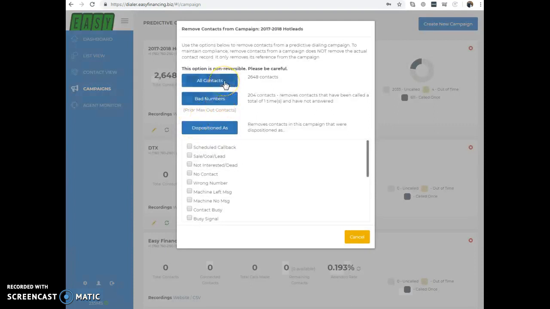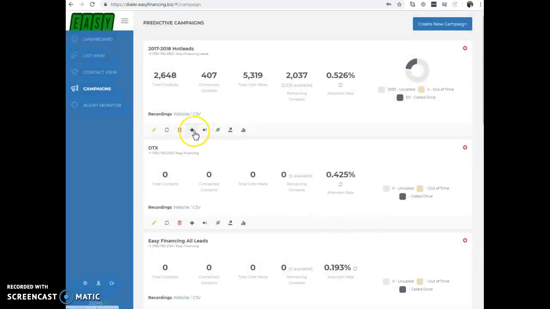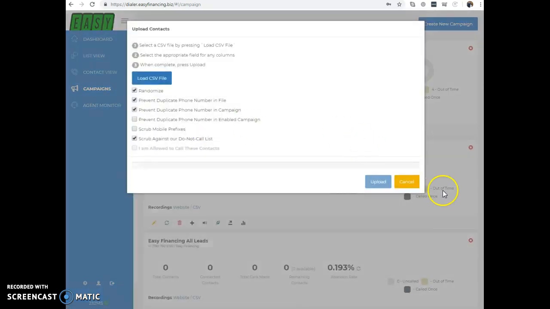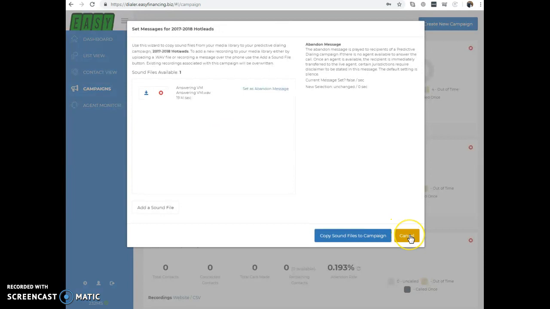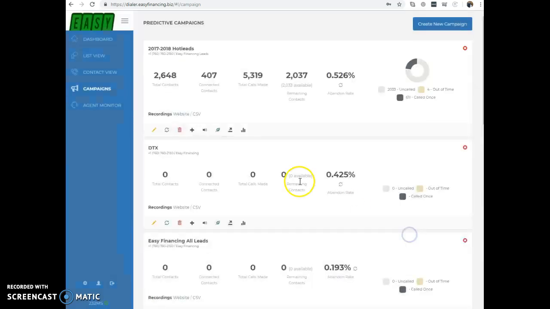You can opt to delete all contacts, or delete all contacts which aren't, let's say, wrong number. You may want to delete all of your sales in this one. You can basically customize all of the numbers that you want to delete. Next, you may upload contacts. This is basically how you upload your files, your leads. We'll discuss that further in a bit. Next tab, add or update message. I think this is for your answering machine for inbound and outbound. We'll discuss that in a separate